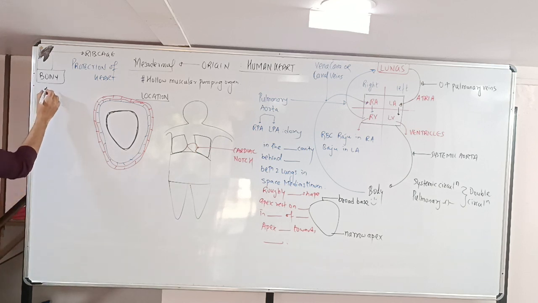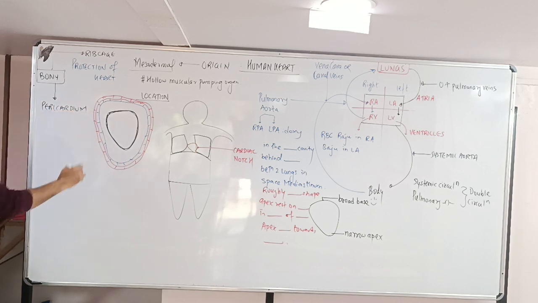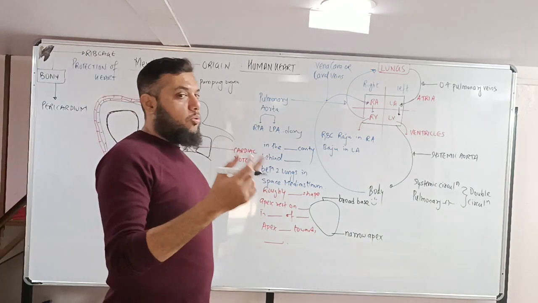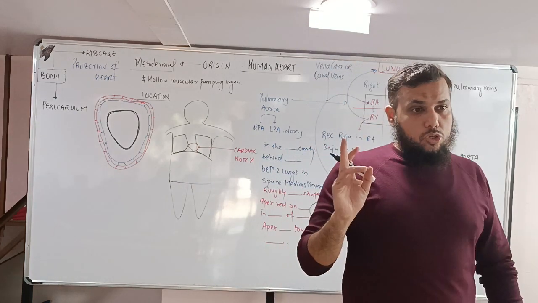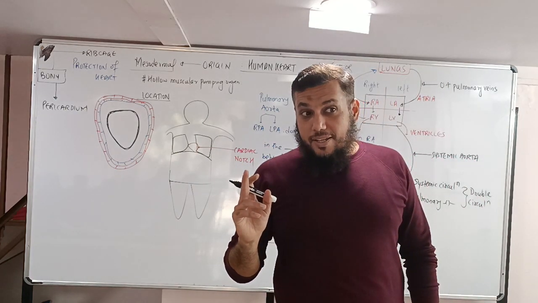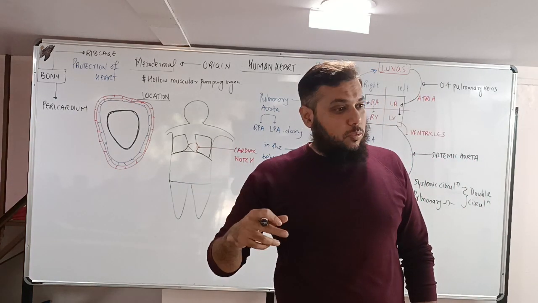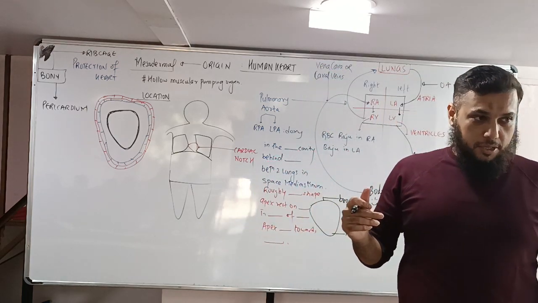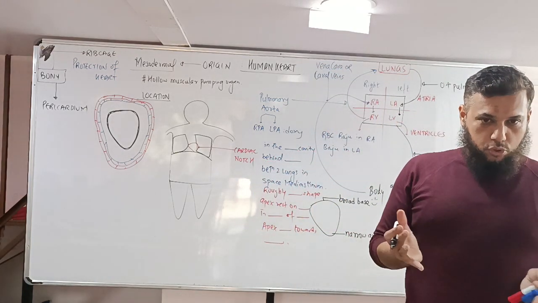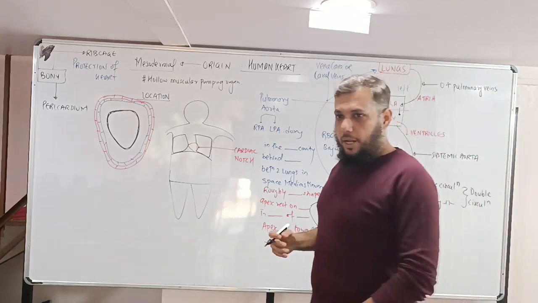And the membranous protection tissue is called pericardium. What do you call it? Pericardium. Cardia, heart. Pericardium, around the heart. Pericardial sinus, space around the heart. Pericardium, tissue protection around the human heart. Okay? It consists of